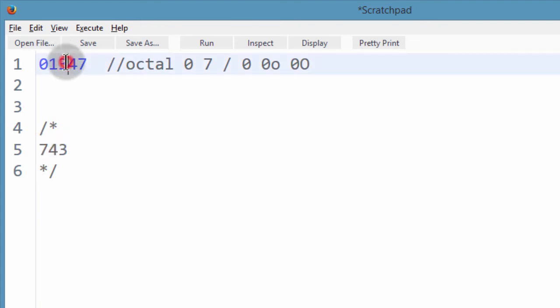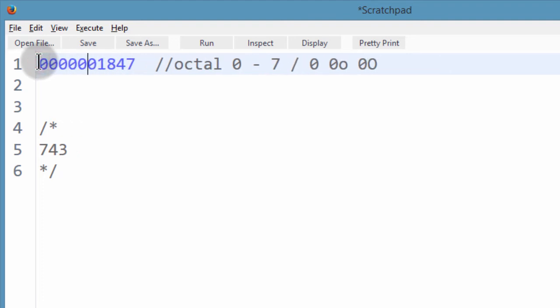So what if I come here and I put 8? The number begins with 0. What do you think is going to happen? Bear in mind that we have a rule that says that octal numbers can only be digits from 0 to 7. So that means that if at any point there is a number that is greater than 7, whether it begins with 1 zero or begins with 10 zeros, it will be interpreted as a decimal number.